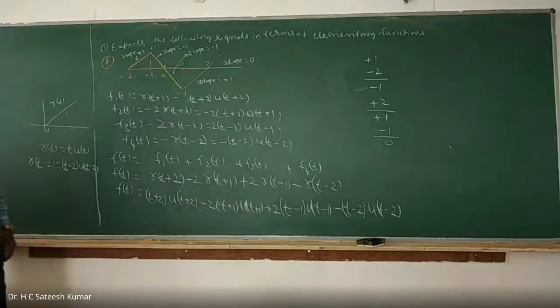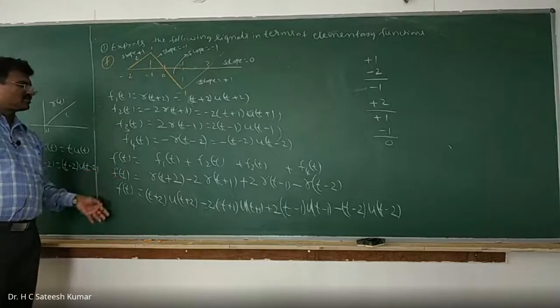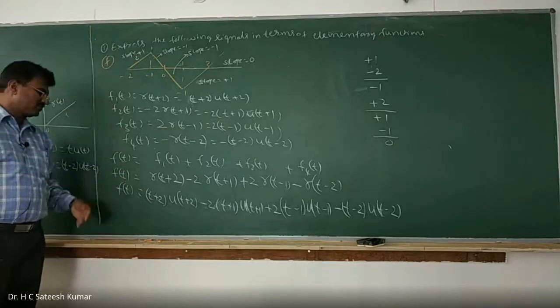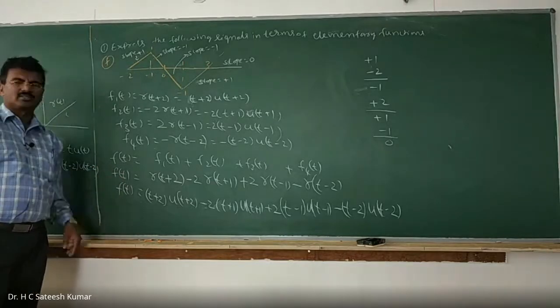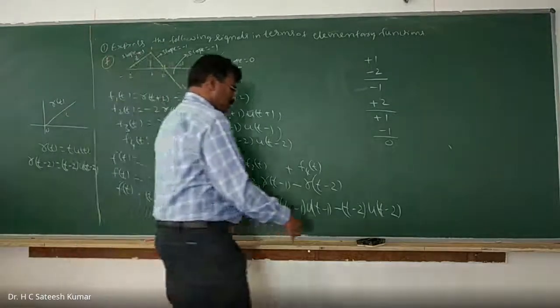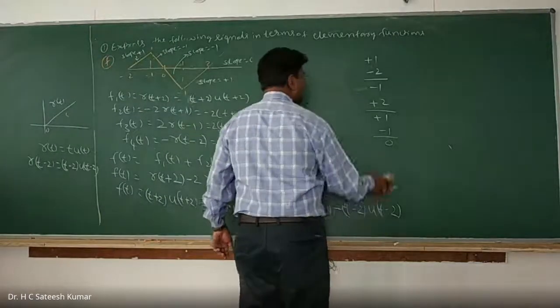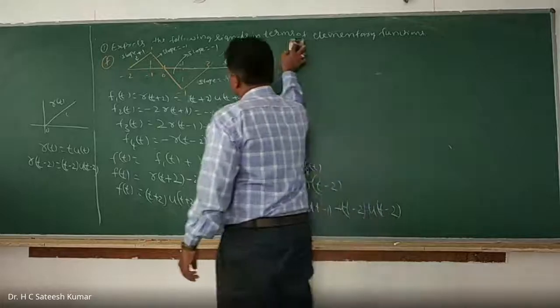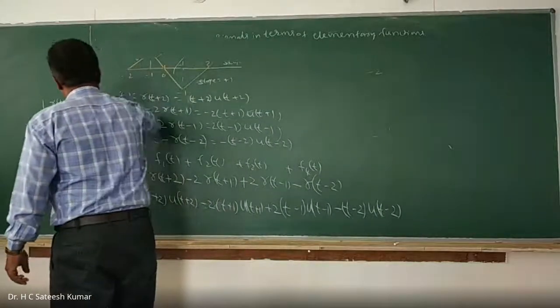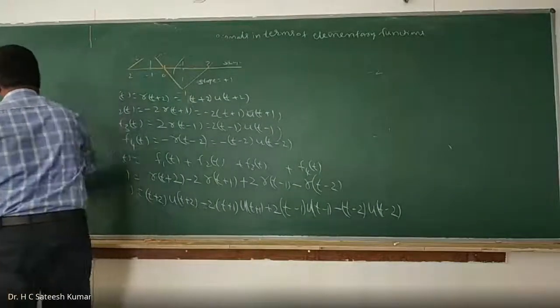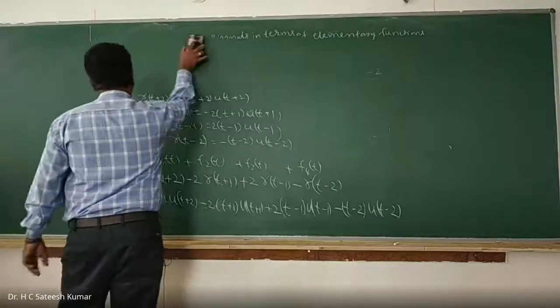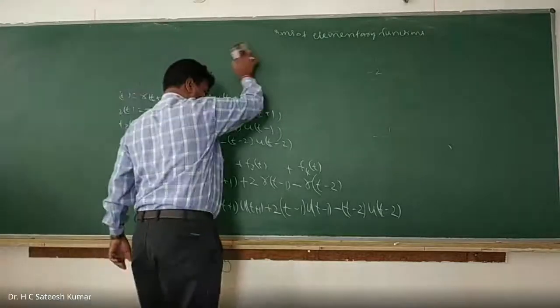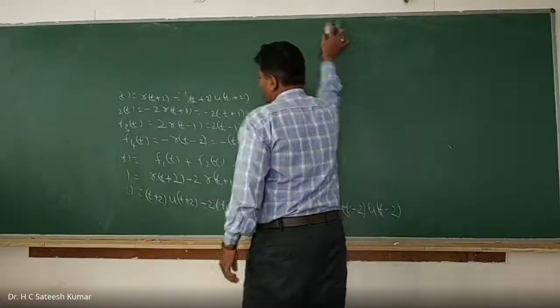That's how we should write it. So the actual answer is only this line. The rest is for the explanation steps we should show. That's why I have written it, right? That's how we should do the problems, right? If that is the case, then how to find the Laplace transformation of different waveforms? That we shall check out now.